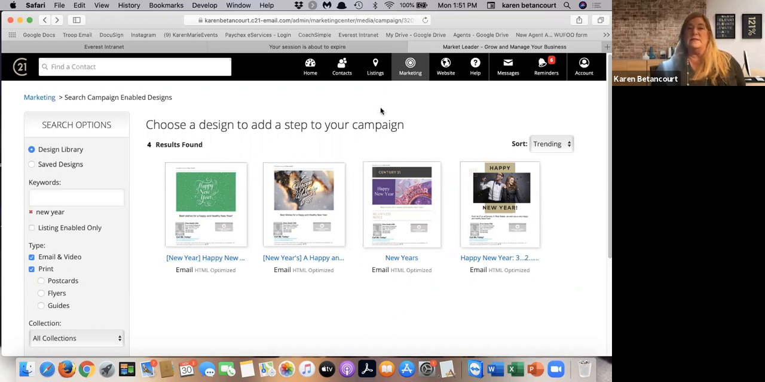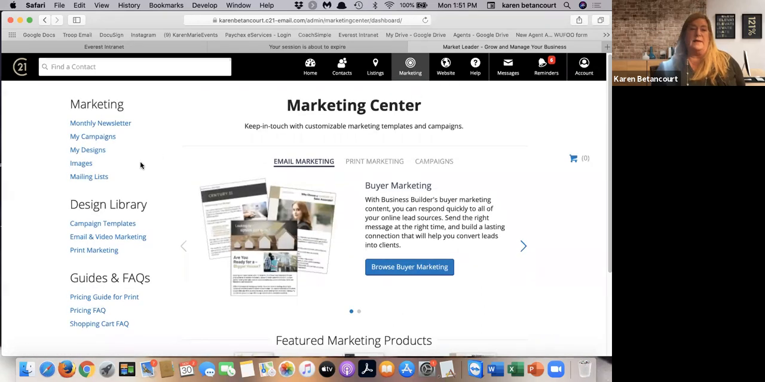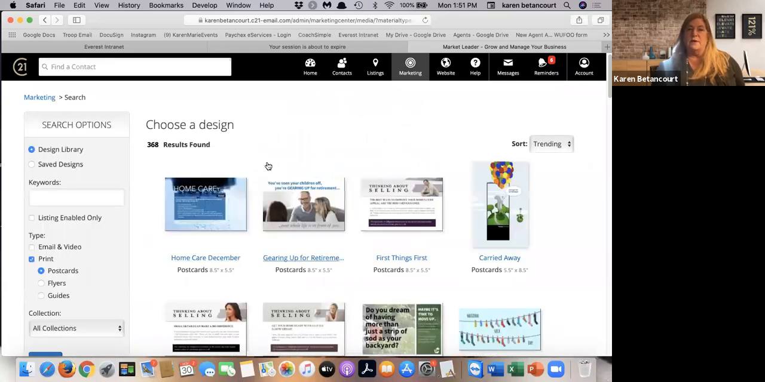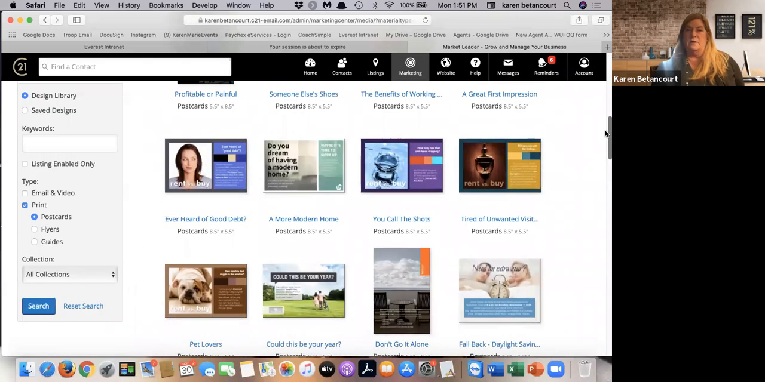It's very, very simple. The other thing that you can do in the marketing center, I'm going back in there, is you also have the ability to do print marketing in here. So you can do postcards. I've clicked postcards here, there's 368 postcards. So maybe I want to do a postcard. Here's one that is,